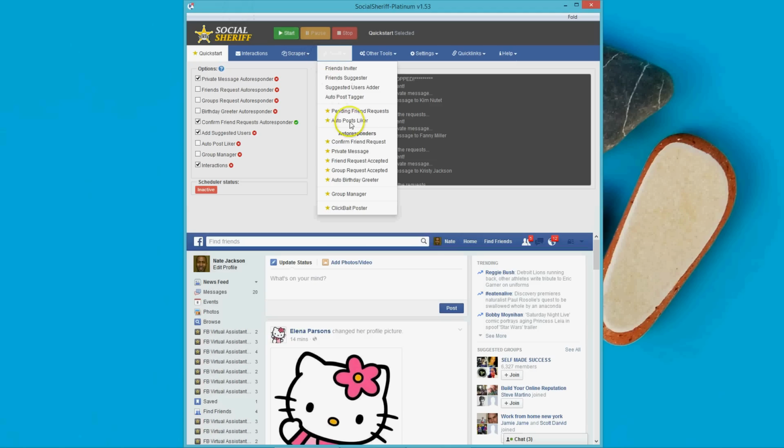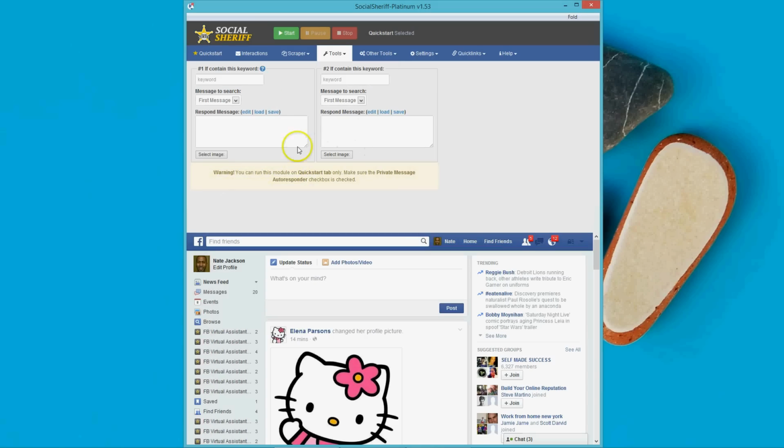Well, check this out. We're going to go to the private message autoresponder. I've already shown you the confirmed friend request autoresponder. Now we're going to have a private message autoresponder. With this, you can set a keyword that you want to scan your inbox for. If you have an incoming message with that keyword, Social Sheriff is going to automatically send a response to that person, in regards to whatever they're writing about, if it matches the keyword you're searching for. Let's say, for example, one of my products is FB Virtual